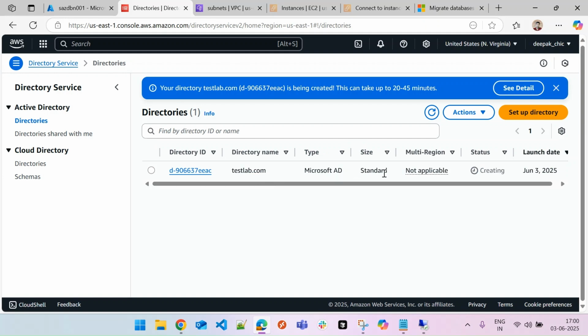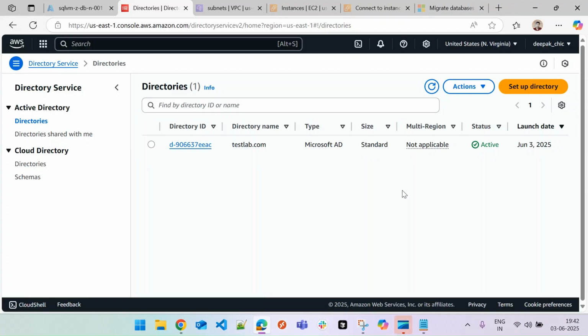So your directory is created and it shows status creating. Let's wait for a couple of minutes to create the directory completely. Though it says your directory testlab.com is being created, this can take up to 20 to 45 minutes. Right? So you have to wait till that time. Okay, so we are back,